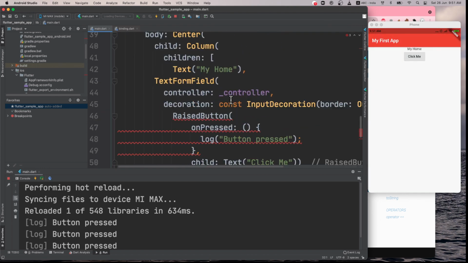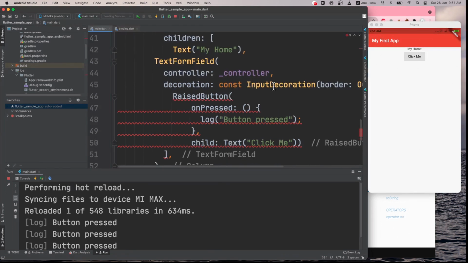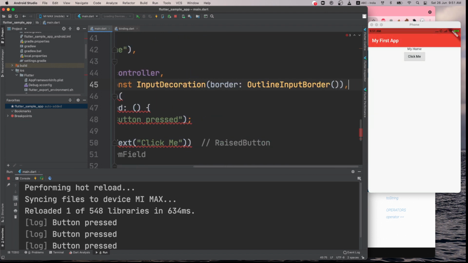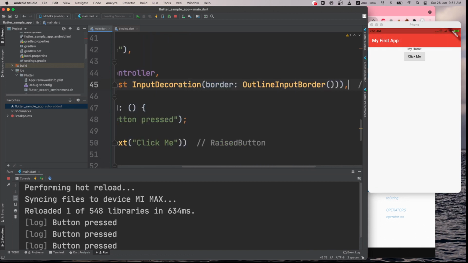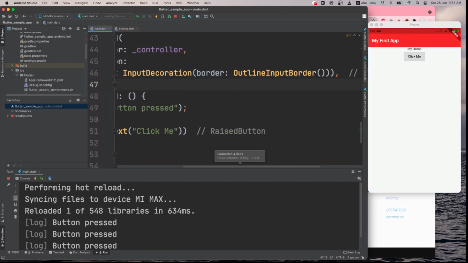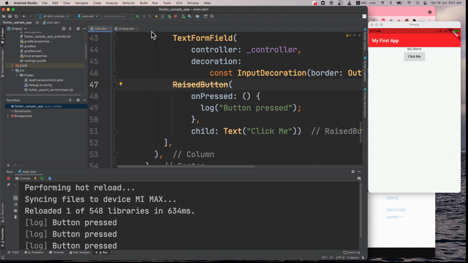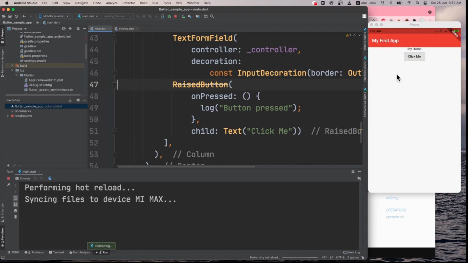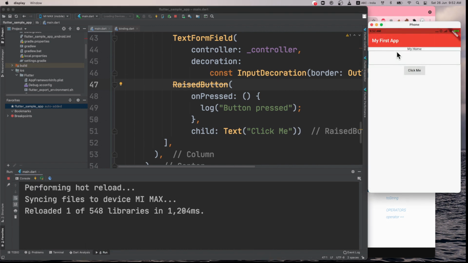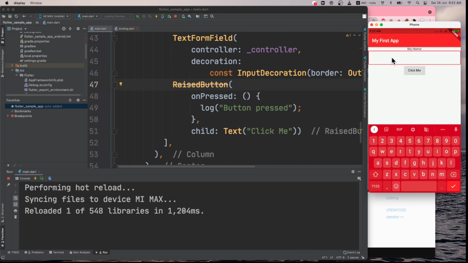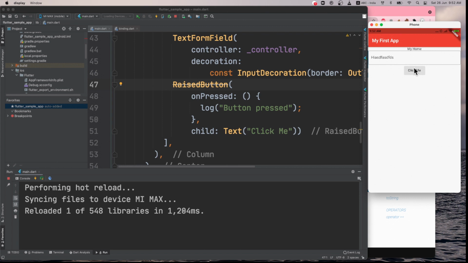Okay, and what else is giving the problem? The controller text form field is not completed, it looks like. Yeah, right. So this is completed, and then we have the rest button, and if I save it, it should show here. Now you can see this, we can edit the name here, right, like this, and once you click on this, we can see what is coming from there.